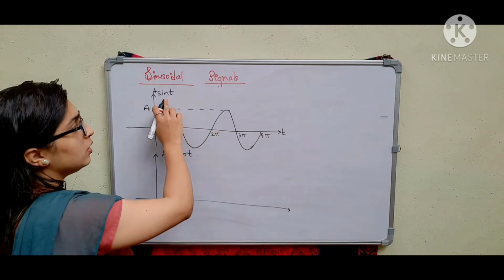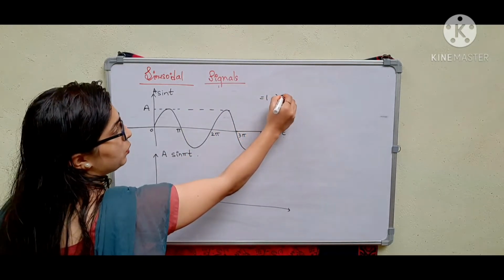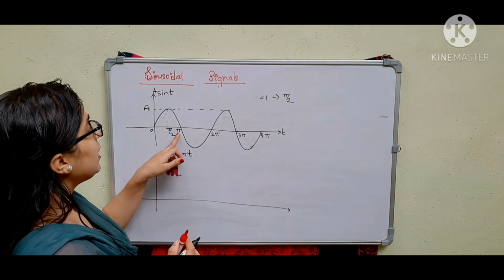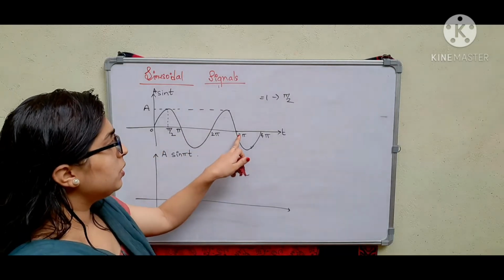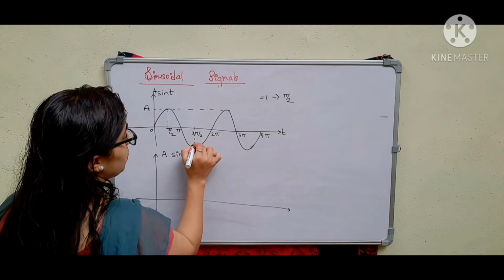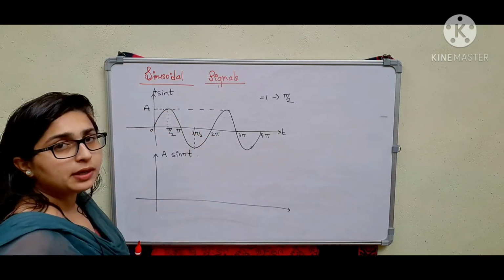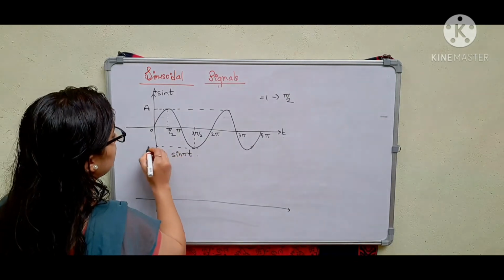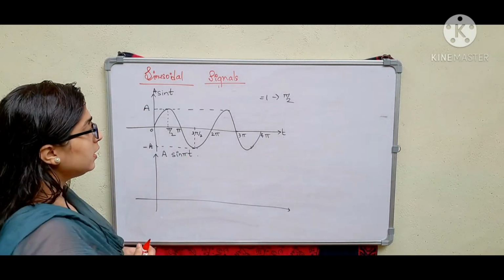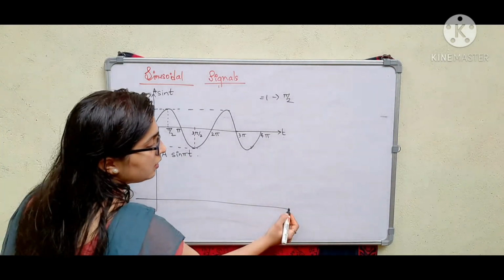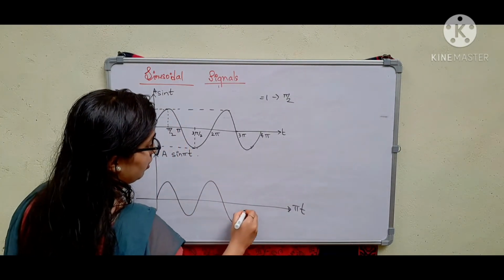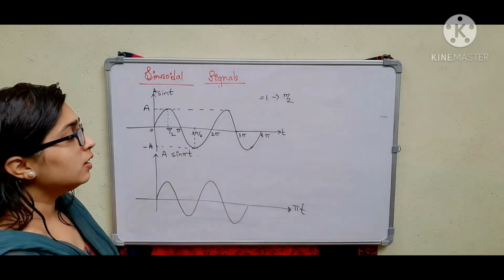So sine value will be equal to 1 when it is pi by 2. See, when it is pi by 2, the value is 1. Sine pi is equal to 0, 2 pi 0, 3 pi 0. Then here 3 pi by 2, that is minus 1, but here I am considering the amplitude A. So here we will be having minus A. This is A and this is minus A. So if I consider A sine pi t, with the time axis as pi t, there will be no difference in the signal.